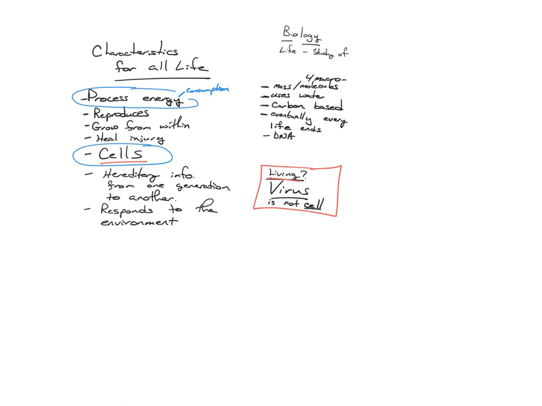If you poke a tree, will it respond? Yes, it will. It won't get up and move. It won't slap you. A Venus flytrap will. You can stick your finger in there, it'll snap on you real quick. It does hurt if you're a fly. But what's interesting is that if you poke a tree, it'll start to release sap, right? And if you cut a tree, it'll start to grow new tissue to repair itself. So it's related to healing injury. You respond to the environment.